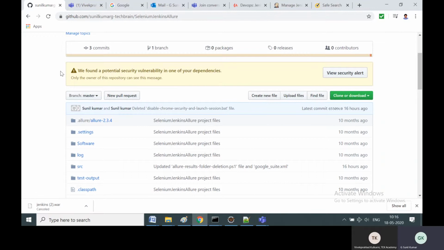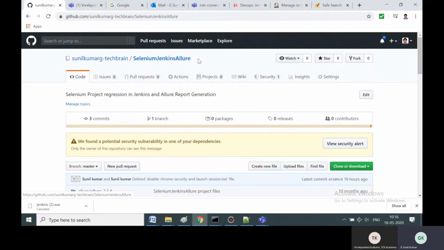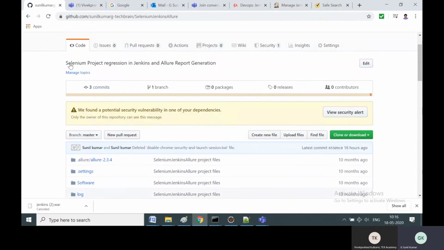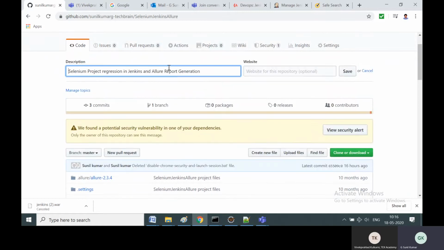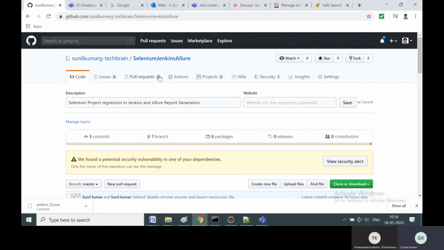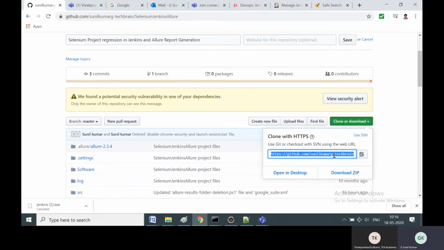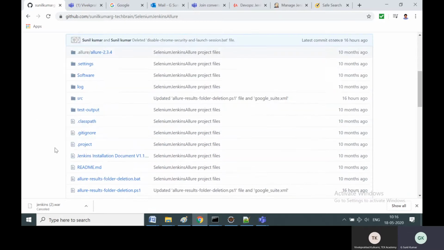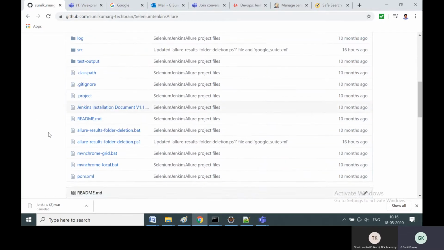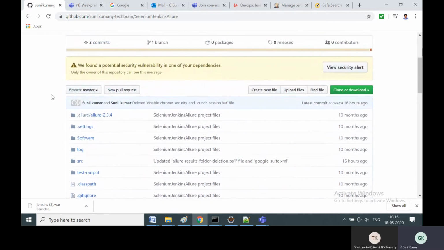Okay. So now that I have created a repository, I can configure my project to read the Maven project from my repository instead of my local. Directly, I will provide this URL to my Jenkins. Jenkins will come to this repository, take these contents, create a temporary workspace and set up the project, extract all the contents from here and put it in a temporary workspace, and it's going to execute. So let's see that.